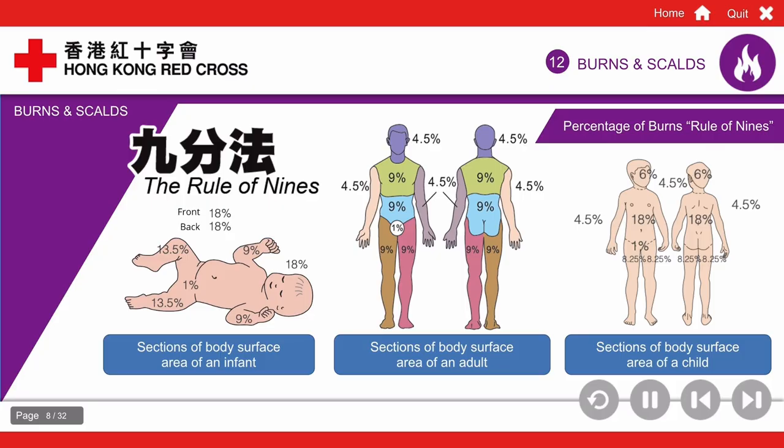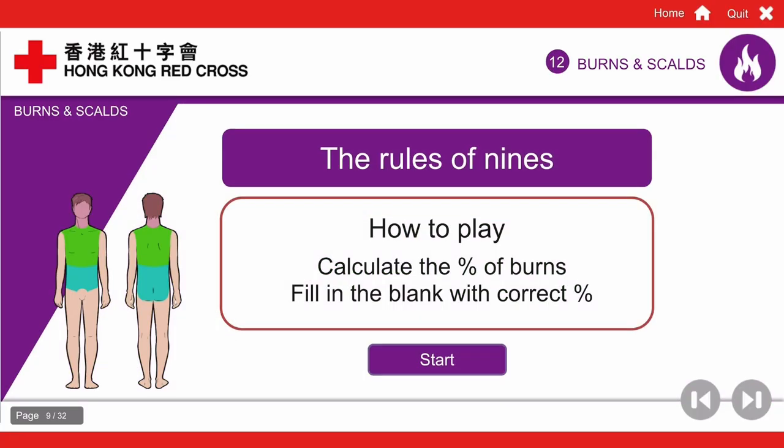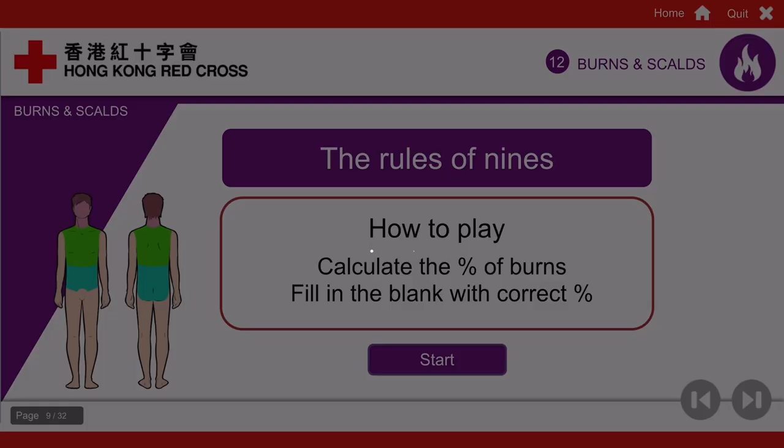When you calculate the area, the first-degree burn should not be counted, and only the second-degree burn and the third-degree burn should be counted. There are some differences in calculating the percentage of burns for infants and adults, since the infant's head is usually in larger proportion than that of the adults. You'll understand it better after you've